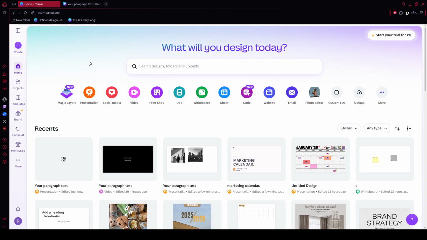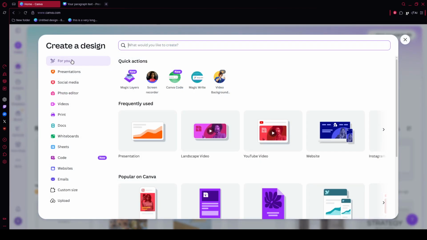To get started, open your web browser, go to canva.com and sign in to your Canva account if needed. Once you're on the Canva homepage, look to the top right corner and click Create a Design. This opens the menu where you can choose the size of your project. Next, select the canvas format that fits your design. For example, you can choose presentation if you want a wide layout, or Instagram post if you're designing for social